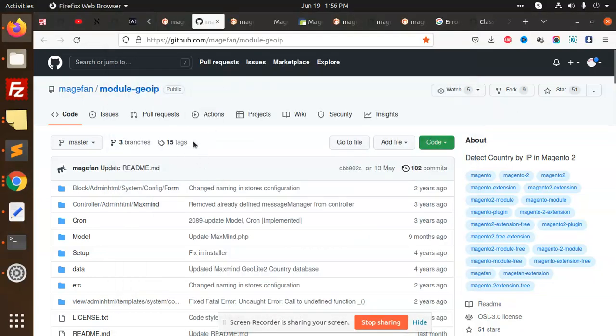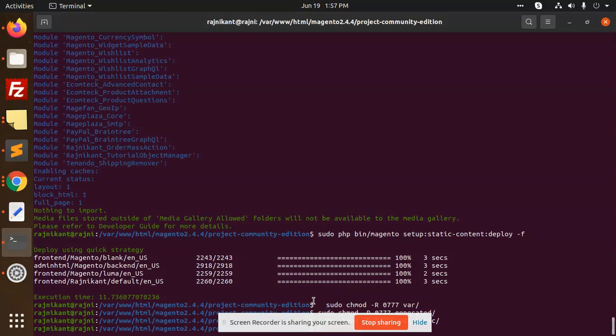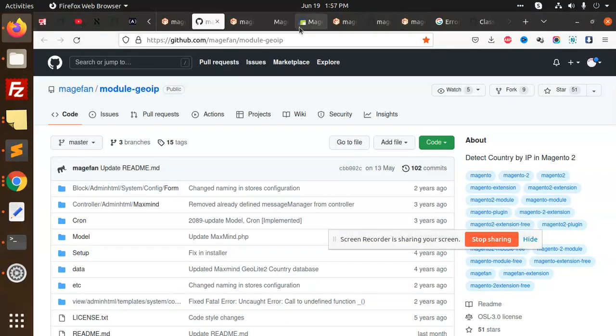So today we are going to learn about this Magefriend module GeoIP. Basically, I want to record the customer IP. For this we have to use this module GeoIP, right? Currently I'm facing one issue here, which is